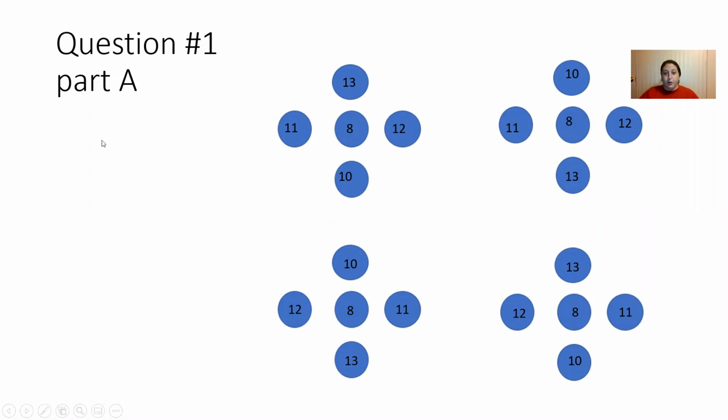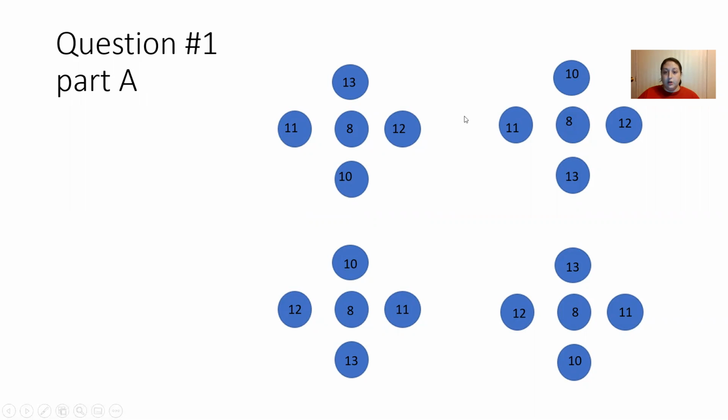So this is question 1, Part A. We were given the numbers 11, 13, 12, 10, and 8. And they were not set up in this order. They were just the numbers given. But what they did say was that it had to be set up in this kind of cross pattern. And I understand what they were doing because we need the numbers to add up